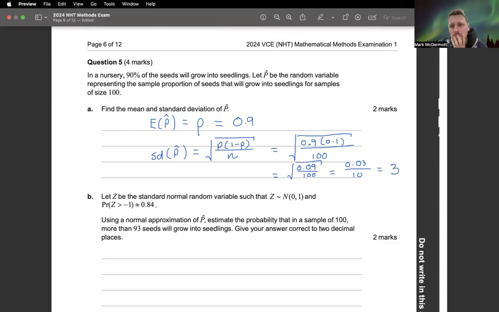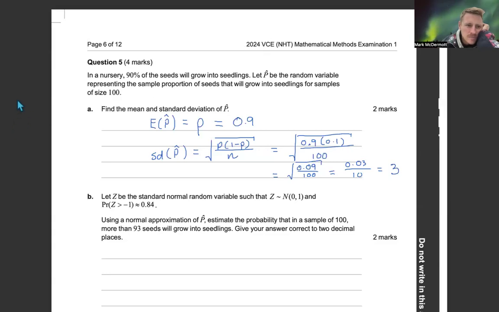Let me think. Okay, so clearly I can't work with fractions because that did not make any sense. That was nonsense. Let's redo this. Okay, let's do it properly. So what can be difficult, as I just showed, is to take the square root of 0.09. Is it like 0.03? Is it 0.3? Is it 3? So what we can do is, as long as we keep the ratio the same,